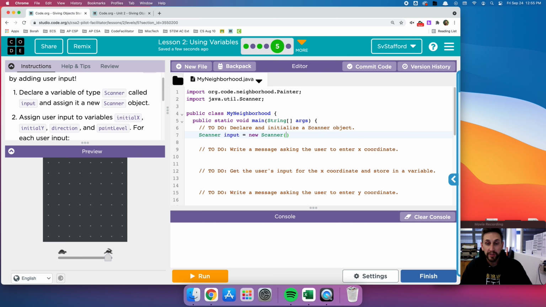In the parameters we need to do System with a capital S dot in. And this creates our Scanner object. It doesn't do anything right now, similar to when you build a Painter, right? You will create the Painter, but it doesn't move, it doesn't paint unless you specifically tell it to do so. Right now, I've built this Scanner object named input, and really it's listening for my keyboard to start typing. And it doesn't show any visual of this, but when you do create it and hit run, it is listening,